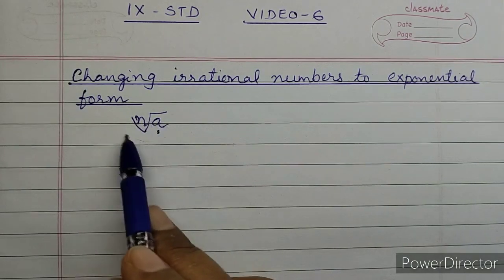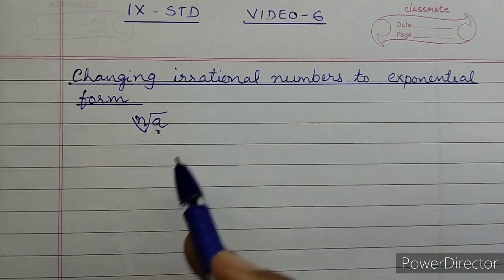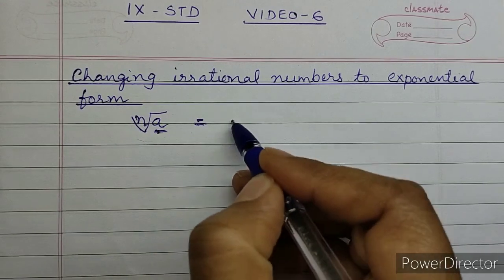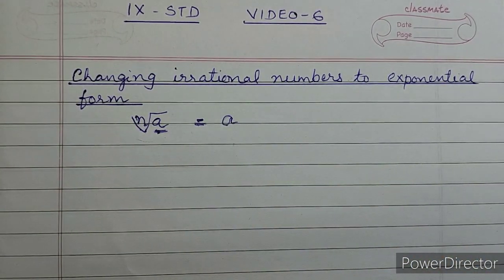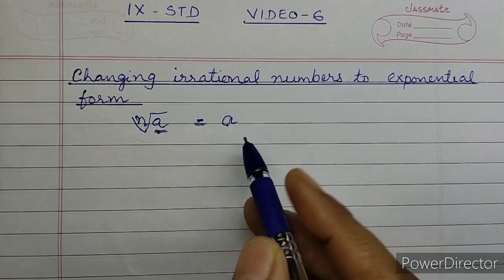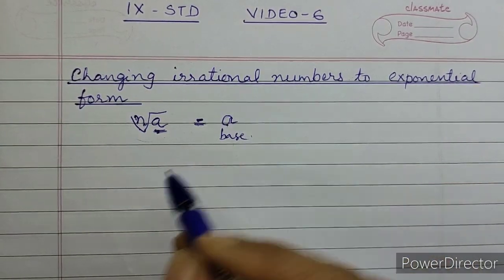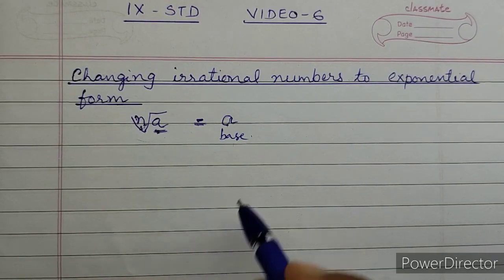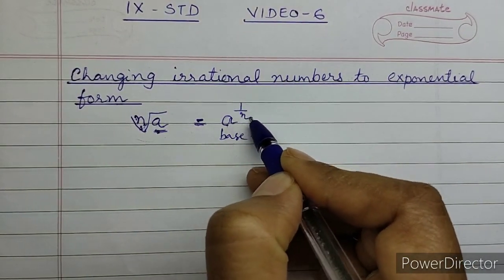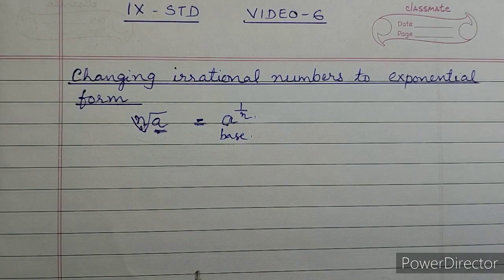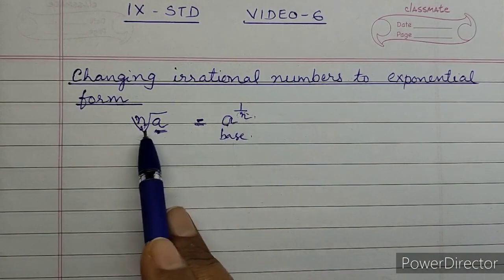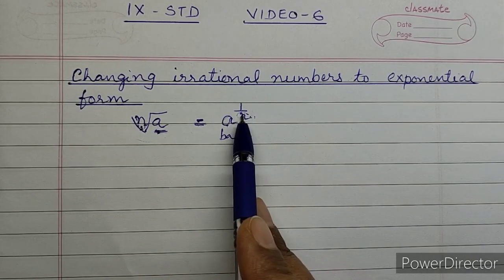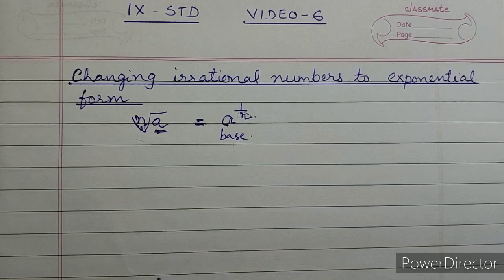So take the general form, nth root of a. How will we change it to index form? This radicand we have to take as the base of the index form. So a is the base, and the order will change to the exponent, but not n, 1 by n. So a to the power of 1 by n. See, the order has become the denominator of the exponent. So like that you have to change. I will show you a few examples.